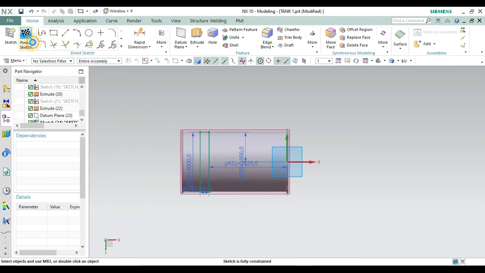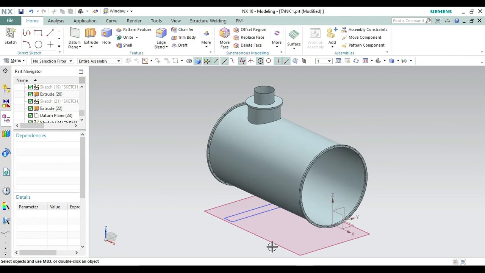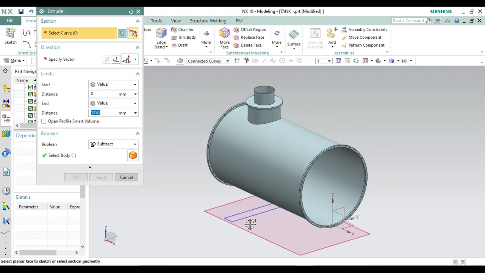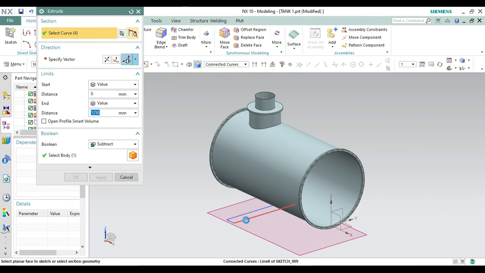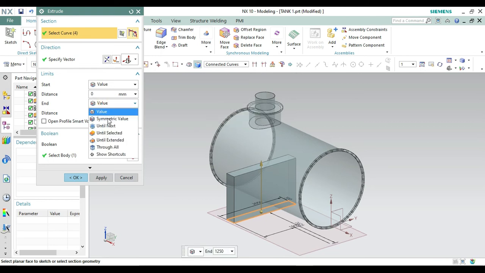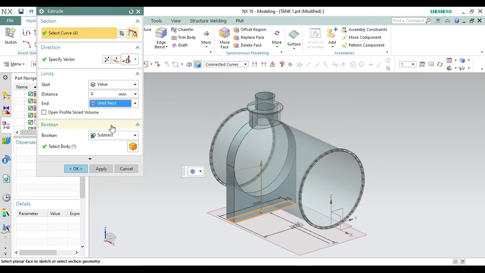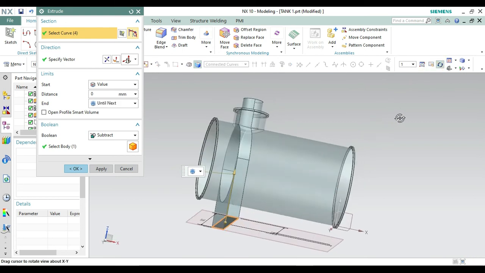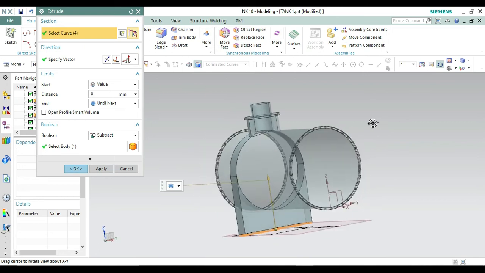Let's finish the sketch. Don't hide this, because we may need this datum plane. Let's select this, reverse the direction from here, make it until next. Let's see if it will take a longer one, so we can't take it.